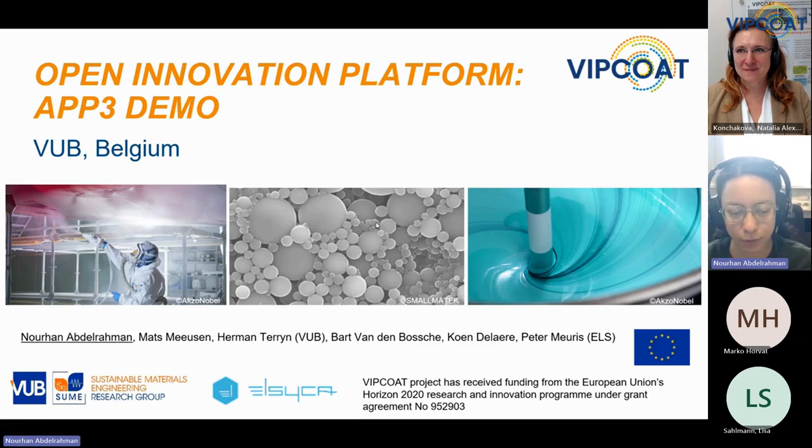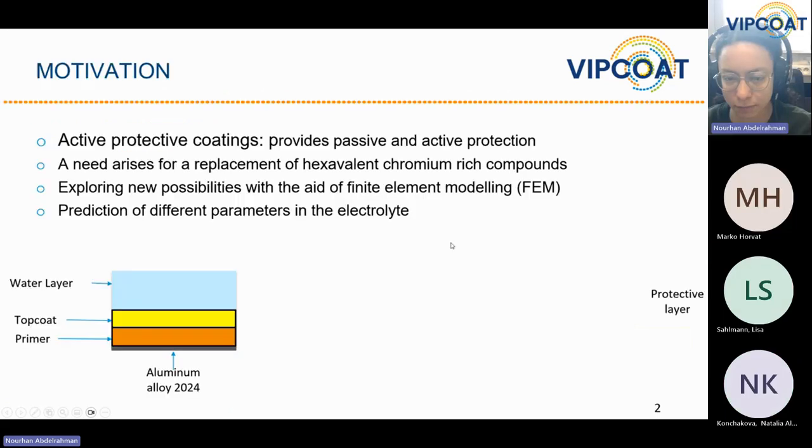To start, a bit about what App3 is. The motivation behind it is the finite element simulation of the effect of active protective coatings. But what are active protective coatings? It's a coating layer covering the surface of a metal. In our case, it's aluminum alloy 2024. This layer provides protection for the metal surface from any corrosive effects of the environment as long as it's there. But then in the case of a scratch to this coating that exposes the surface of the metal,